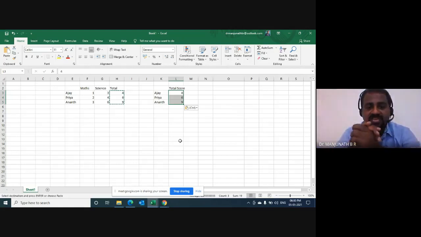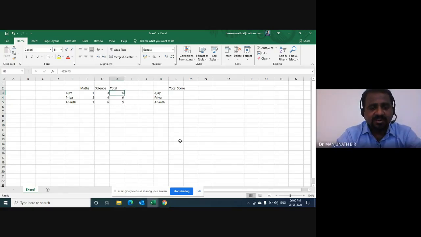That's it. And you are now able to copy and then do a paste special values using the mouse as well as without using the mouse. Any quick question here? You want me to repeat? Yes, sir. Okay, very good. So I now copy the output for Ajay, Priya and Anant, the total. I do Control C and then go to the total score where I would like to have these numbers.